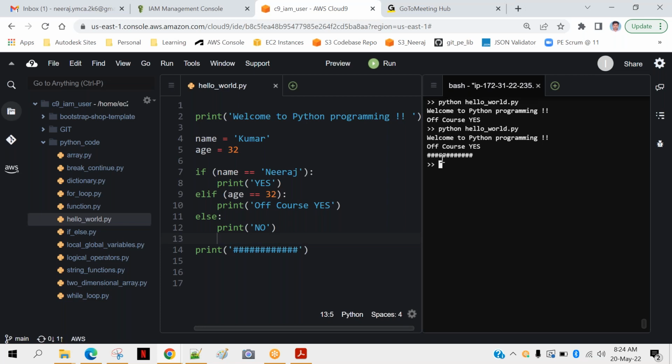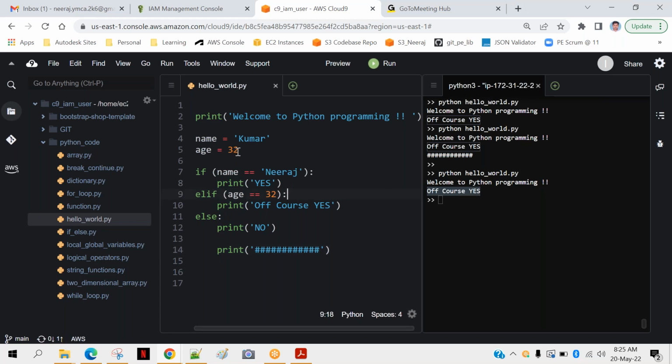Some line is part of while condition, some line is part of for loop, or in this case if else. This all depends upon the indentation. In this case, as I discussed, this print line has nothing to do with this else. It's altogether different. And if I will press one tab, it's again part of this else. It will not print now. You see this, not printed.